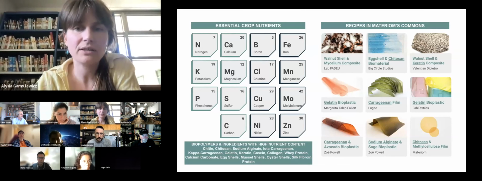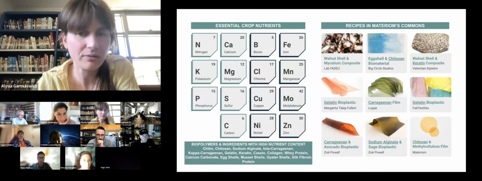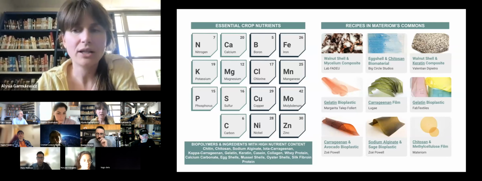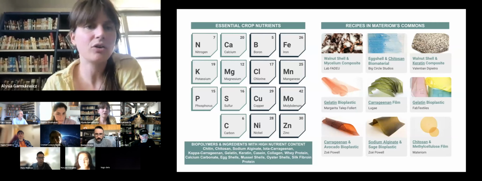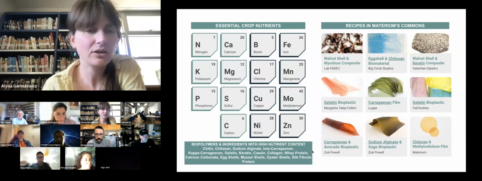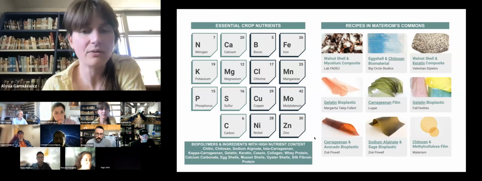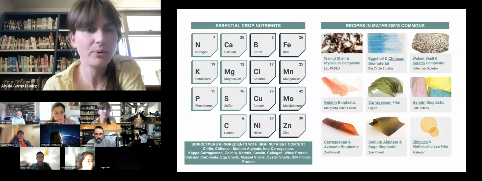So here, for instance, walnut shell and mycelium composite, eggshell chitosan, carrageenan films from algae, gelatin bioplastics. These are the kinds of materials that we looked at, at the crop nutrients that are produced. And what's really exciting is that there are certainly high levels of certain nutrients that could provide very important crop amendment potential,